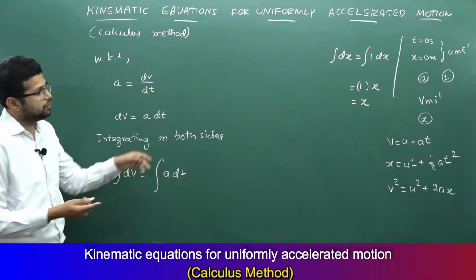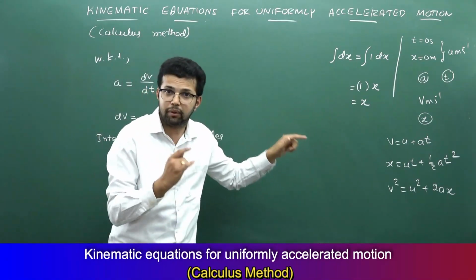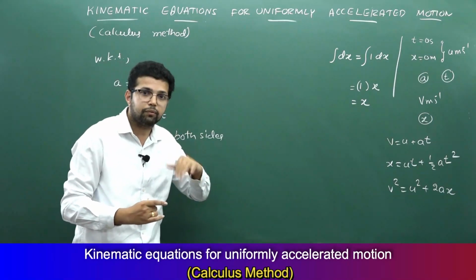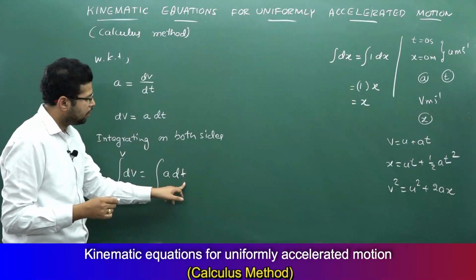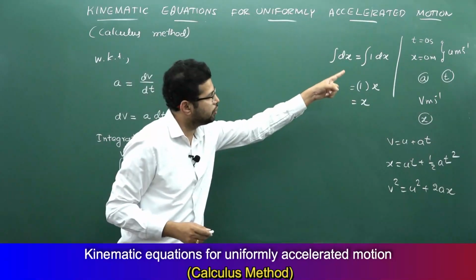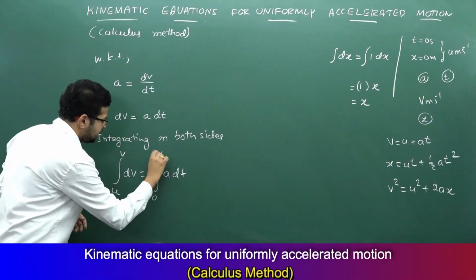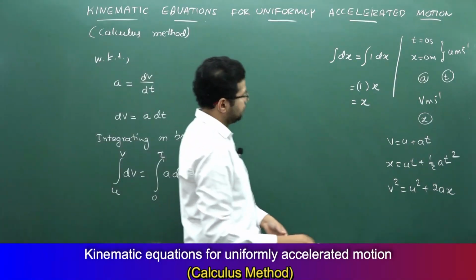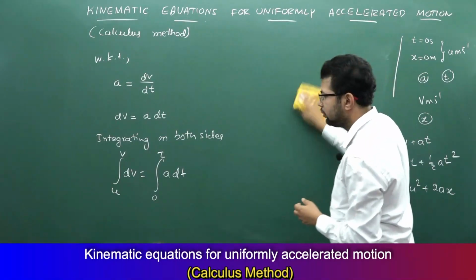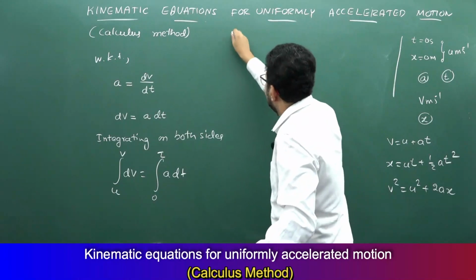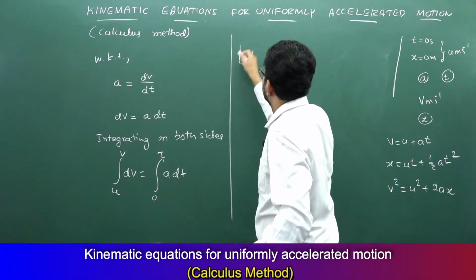Velocity changes from, see, we know the initial condition. Initially the velocity was u meter per second, finally the velocity is v meter per second. Velocity changes from u to v. How does time change? Initially the time is 0 seconds, finally the time is t. The time changes from 0 to t. Okay. Now, what is integration of dv? Integration of dv is v, between the limits